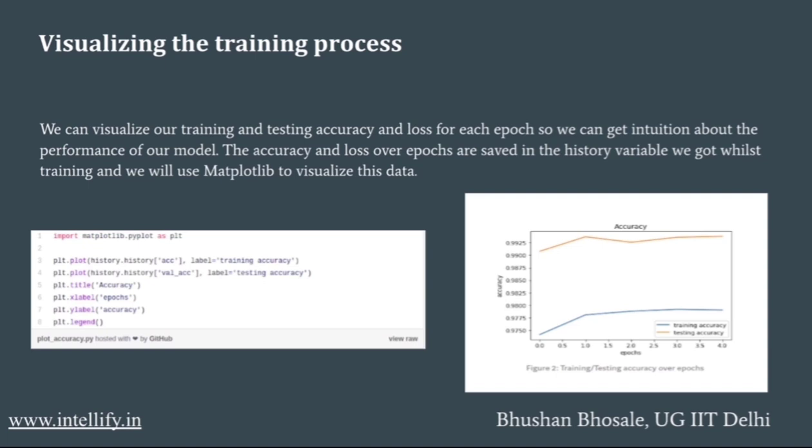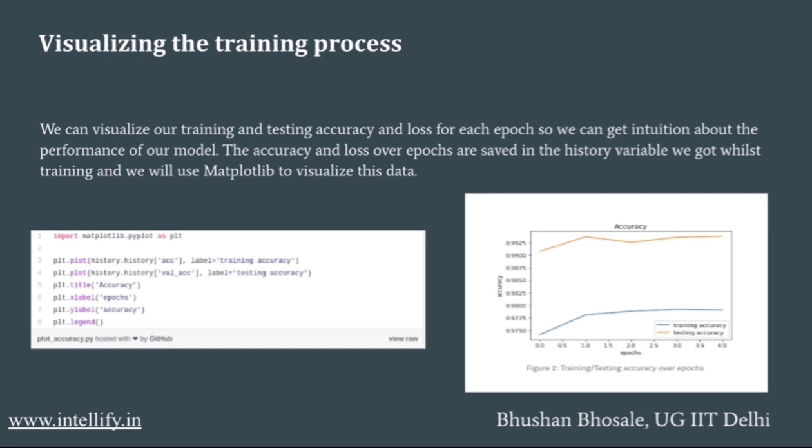We have loaded training accuracy and testing accuracy into our plot, and then plt.title, y axis would be accuracy, and xlabel would be epochs, and ylabel would be accuracy. And the title of our plot would be accuracy. You can see on the top it is accuracy. Now plt.legend, that is plot the plot. And thus we get the graph of accuracy versus epoch.